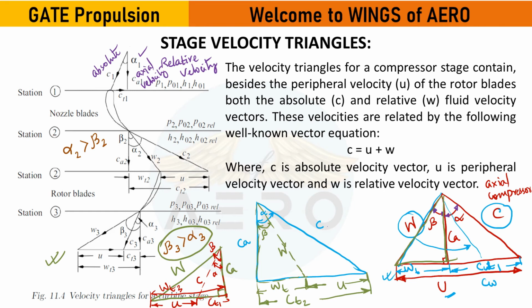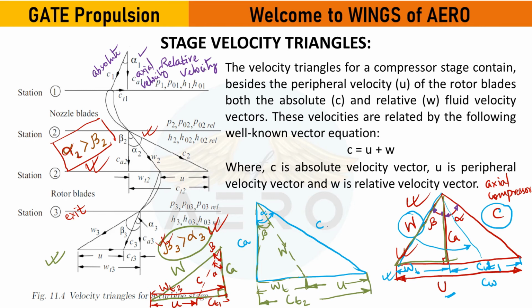Yes, ma'am. Okay, now this is what you have to remember. This is a basic thing. This is a condition. Based on the condition, first you are going to draw this alpha 2 graph. Now from there you can make this one. Then when you want to find for this exit of the rotor blade, you know this beta 3 is greater. You are going to draw this one first. Accordingly you can make this triangle, right? These are the conditions. Based on this condition you can make this triangle.